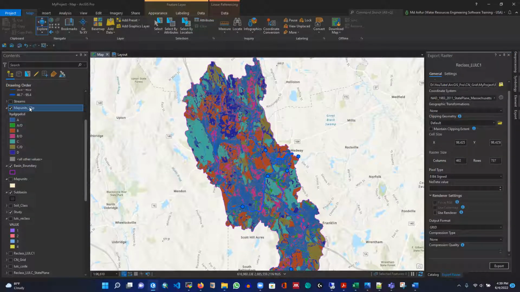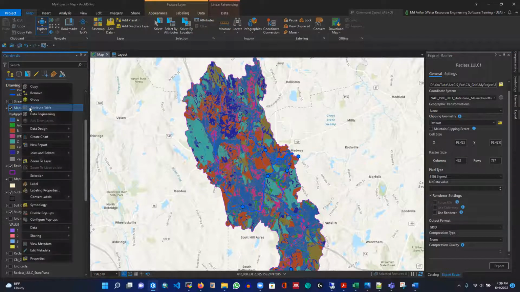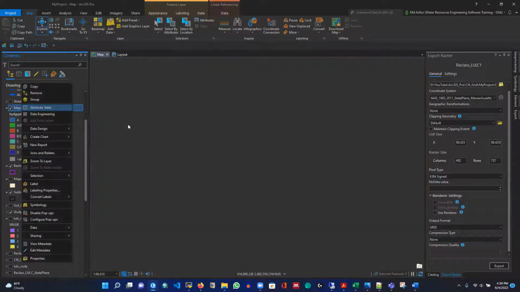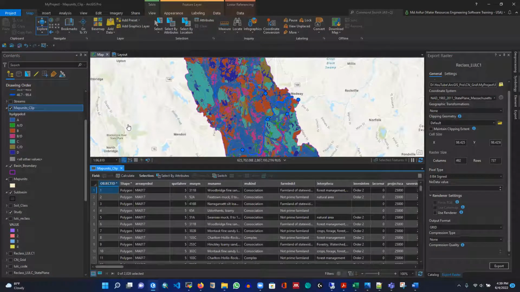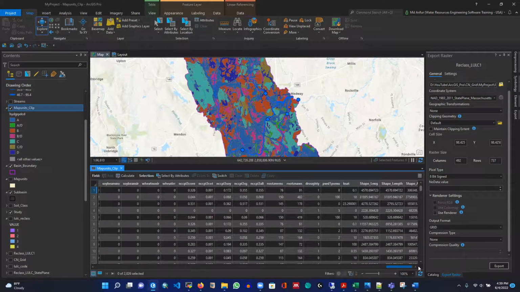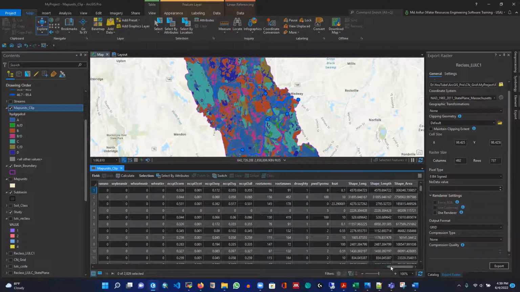So let's open again. We have to reclassify this one as well, and then we'll convert it to raster. So we'll have a raster of soil classification and land use as well. Then we can process and generate our curve number grid. So at the end of this